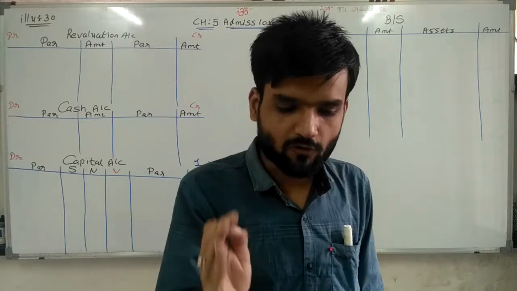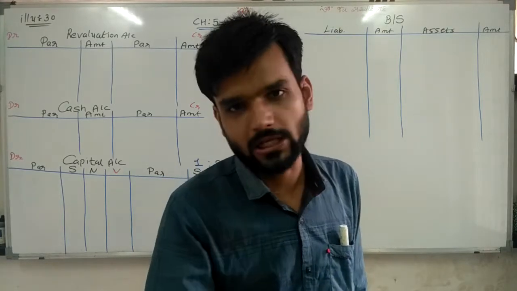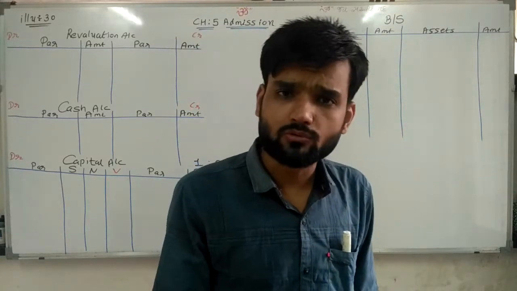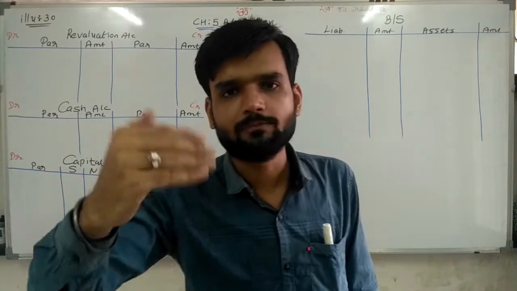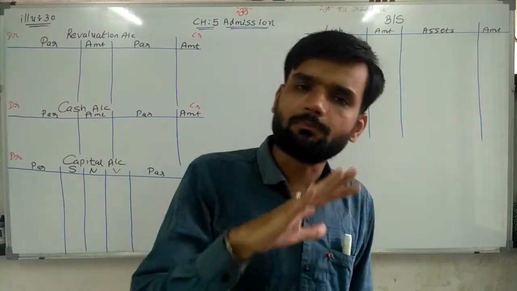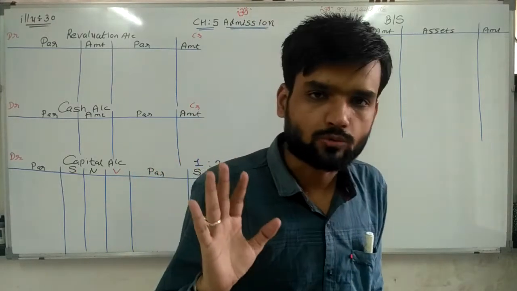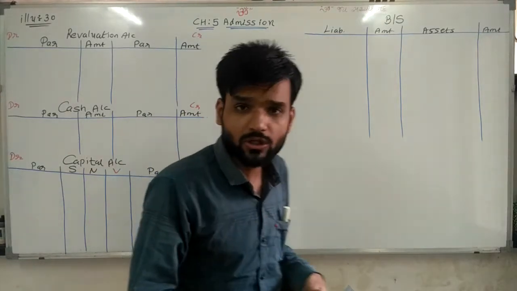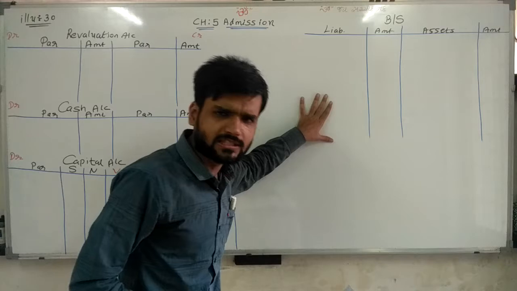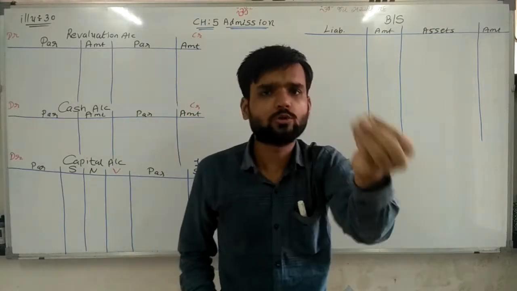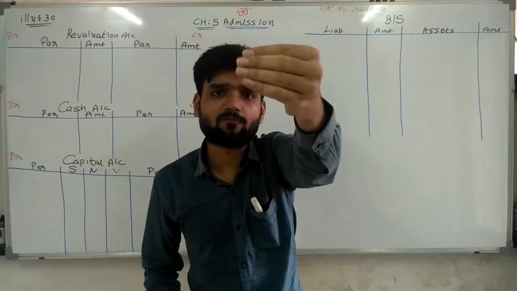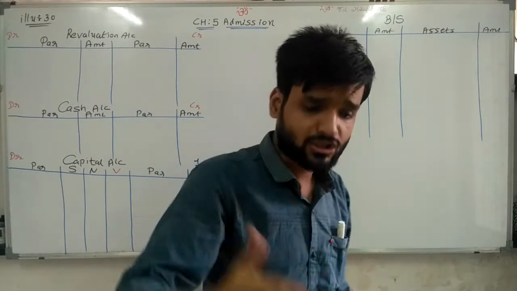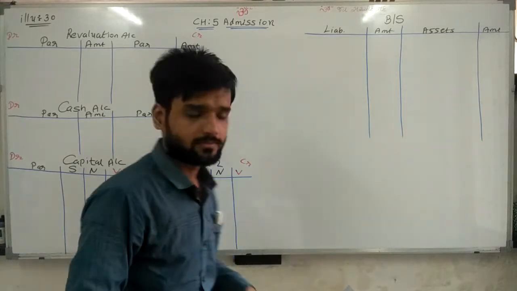So first of all, you have two methods to calculate. You can write it on the liability side, and if you don't want to write it on the liability side, then you can deduct it from debtors, which is our simple method. Here bad debt reserve is given on the liability side, so I am also writing it on the liability side. But you have an option, you can deduct from debtors also. So 5,000 bad debt reserve we need to write.